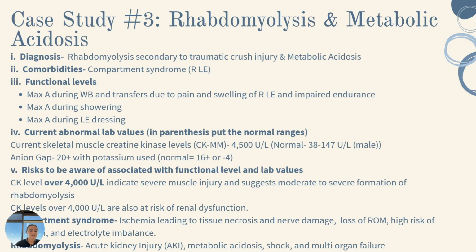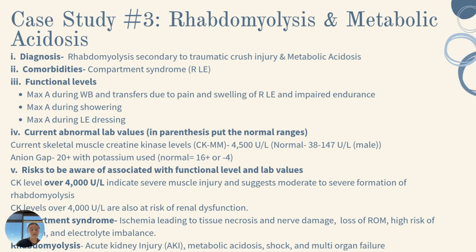So some risks associated, as I just said, any creatine kinase level over 4,000 can indicate severe muscle injury that suggests moderate to severe formation of rhabdomyolysis, which can also lead to acute kidney injury or renal dysfunction. And then compartment syndrome, just the swelling and damage to the tissue can lead to that swelling, and it's kind of an ongoing cycle of the crush injury causing pain and swelling, putting pressure on the compartment,